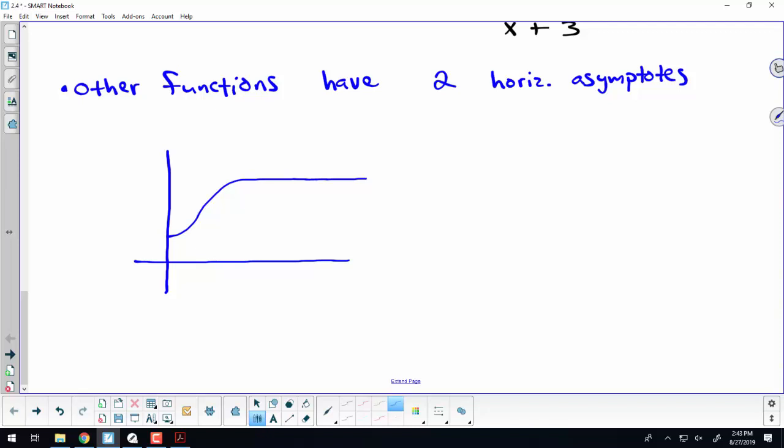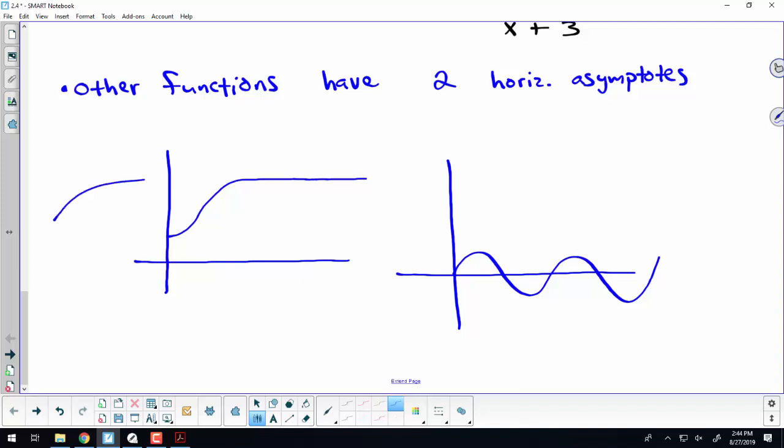Well, sine and cosine. The inverse. Sine and cosine don't have horizontal asymptotes because sine and cosine don't flatten out. Oh, right. What's the square root of x look like? Square root of x looks like that. Keeps growing slowly. I was going to say the inverse,